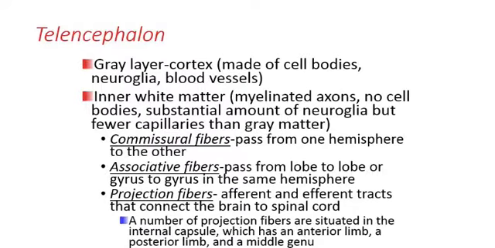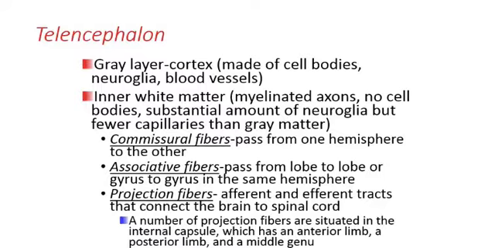The inner white matter can be divided up into three different types of fibers. Commissural fibers, which pass from one hemisphere to the other, they help to connect the hemispheres together. And the associative fibers pass from one lobe to another or from one gyrus to another within the same hemisphere. So they connect specific regions of the brain within the same hemisphere together. And then projection fibers are afferent and efferent tracts, sensory and motor tracts, that connect the brain to the spinal